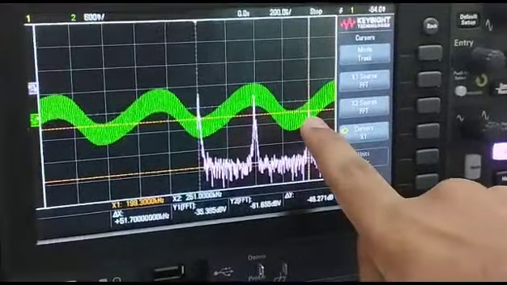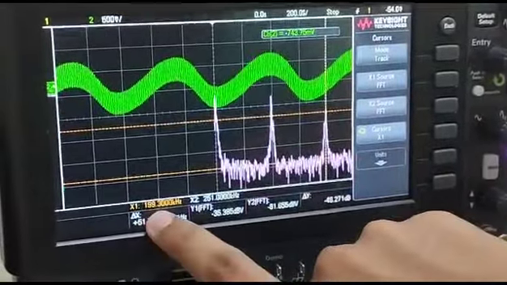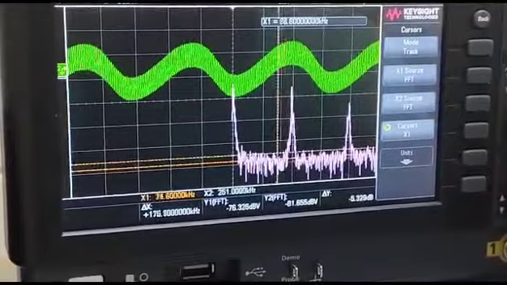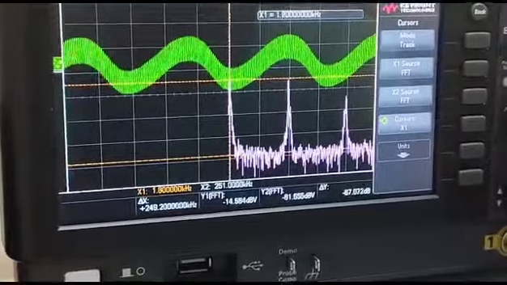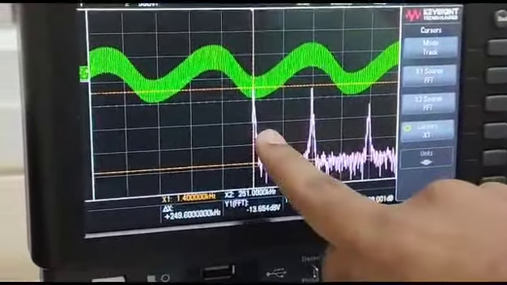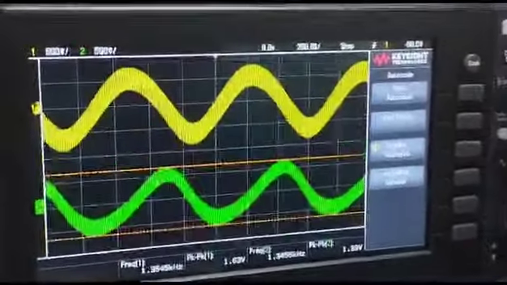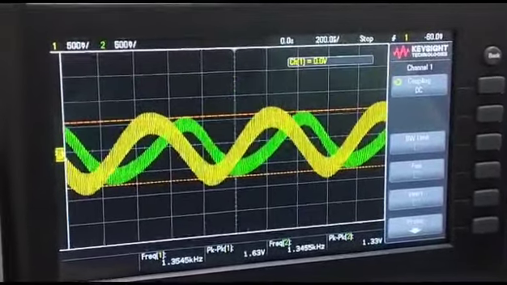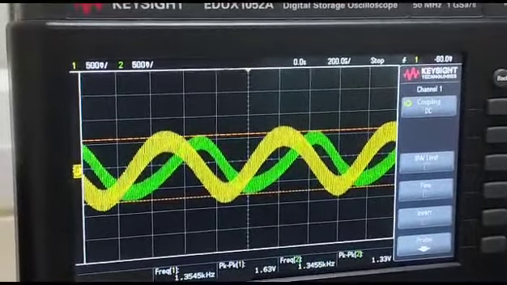This is for the 199 kilohertz. And this is for the 1 kilohertz. We can observe that these outputs of the mixer are also at the phase difference of 90 degrees. Now